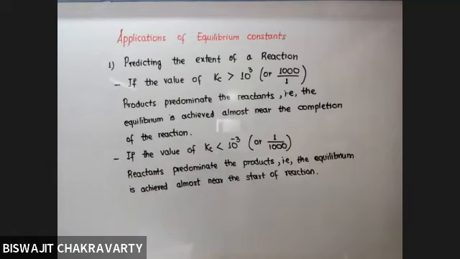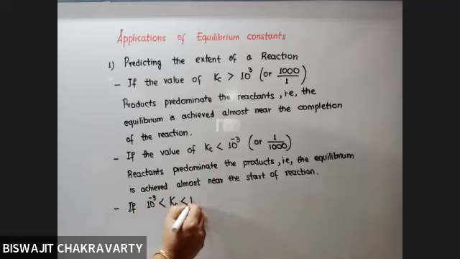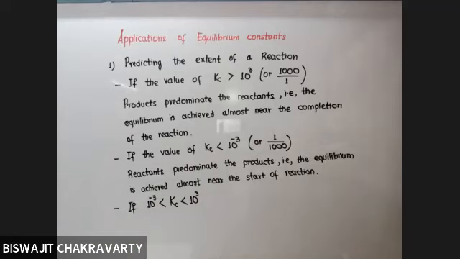তো value of Kc যিমান বেশি হব, ইমানে আমি কব পাৰো যে reaction is attaining equilibrium just before the end of the reaction. আর যিমানে কম হব Kc, তার মানে the reaction attained equilibrium at the very outset, একদম আরম্ভণিতে। And মাঝামাঝি যদি থাকে, if Kc lies between 10 to the power minus 3 to 10 to the power 3, এই দুইটার মাঝামাঝি যদি থাকে Kc এর ভ্যালু,